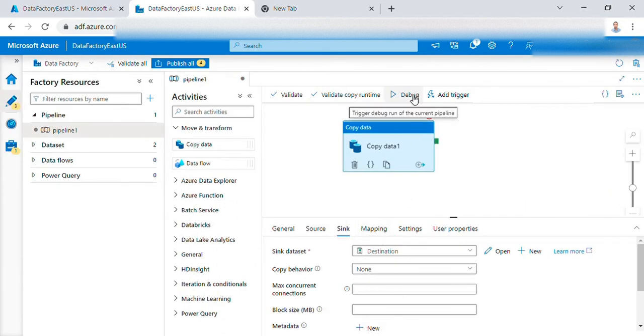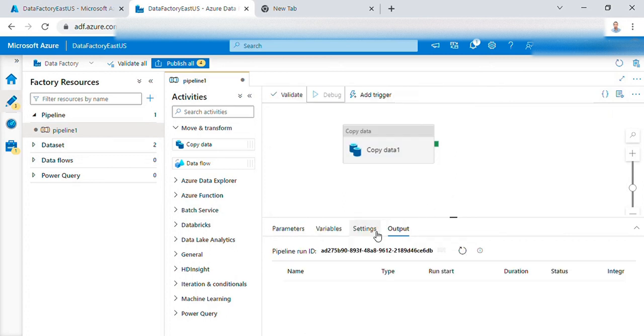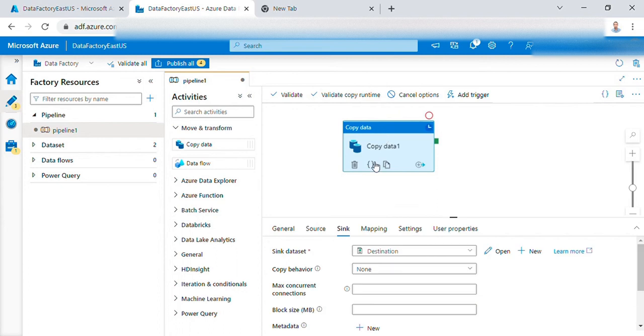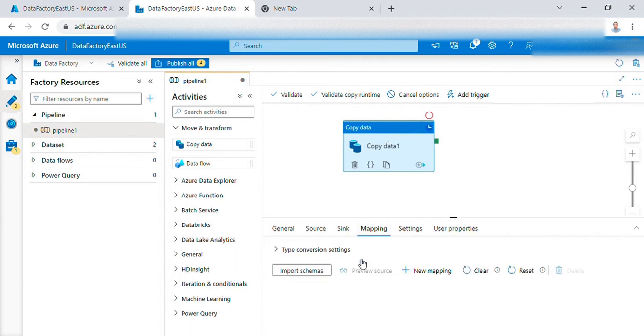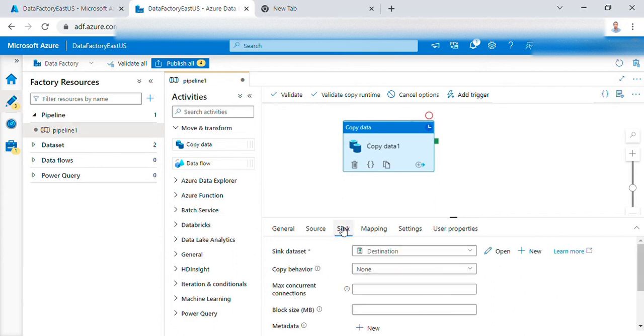We'll just debug now. So is mapping required here? Mapping is required if we are trying to map the input columns and output columns, but in our case it is a blob storage, so it doesn't expect any schema and we can write over there, so mapping is not mandatory.